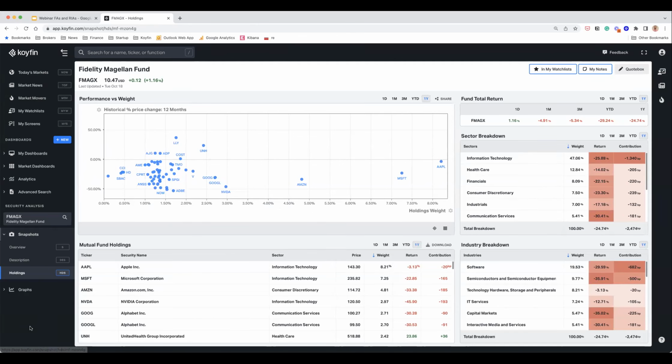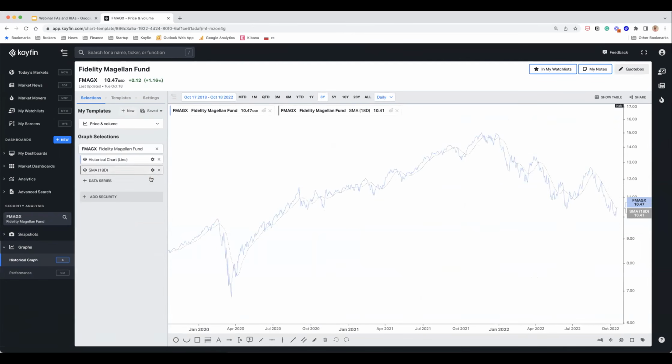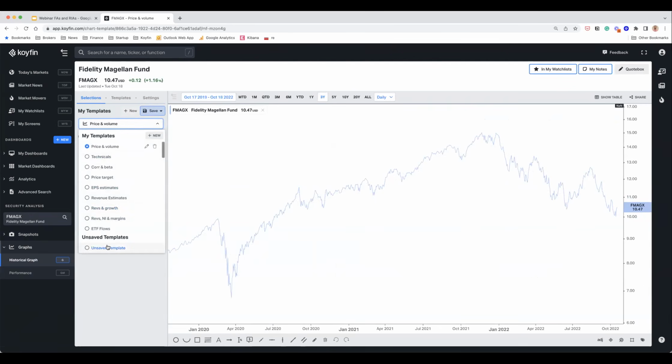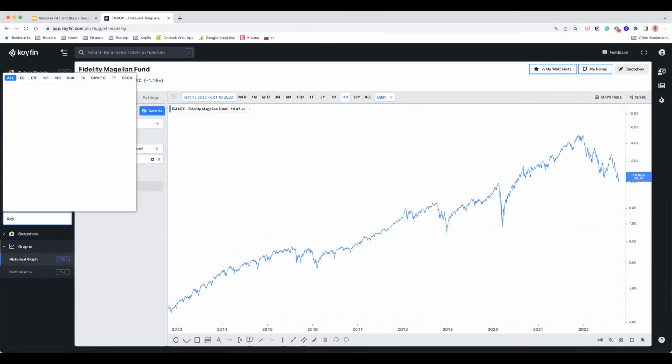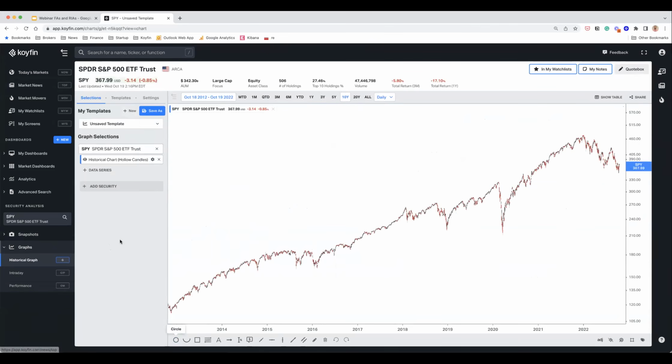And let me go over to the graphing section next. This is really the heart of what Koyfin does in terms of the graphing and some of the functionality we have related to graphs. So let me just do SPY here,